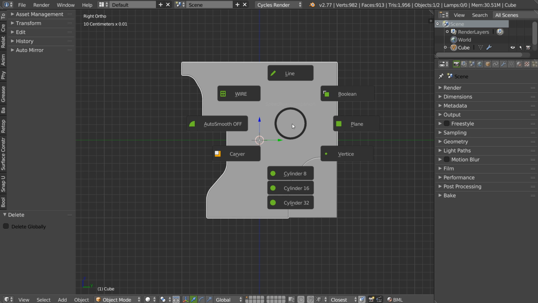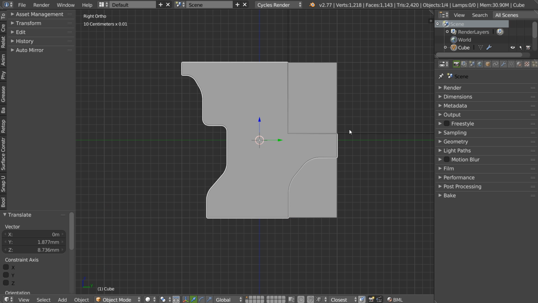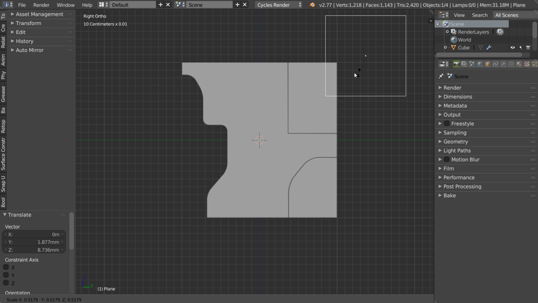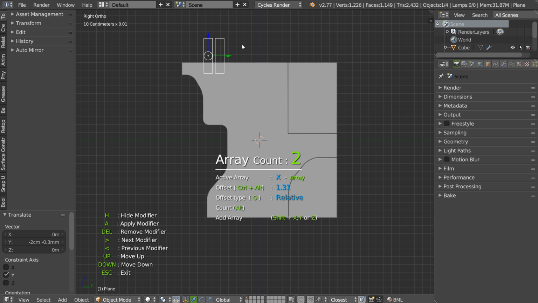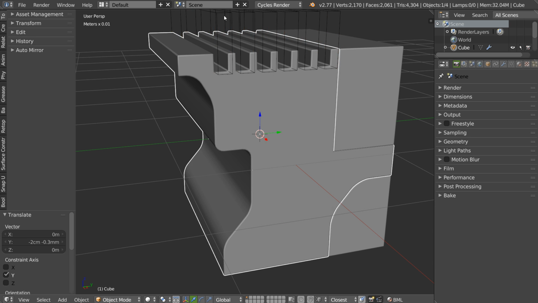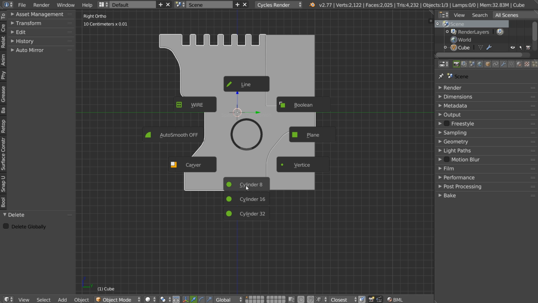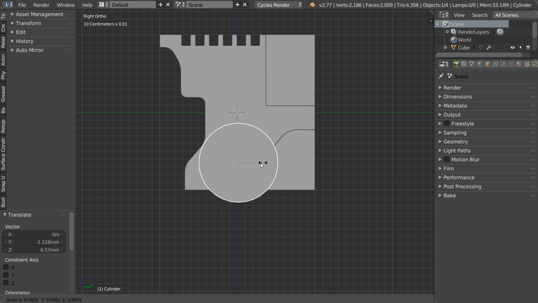You also have the possibility to have a plane like this. You can directly, with the same shortcut, make a bool or a rebool if you want. You can edit this one, make a little scale like this, make an array like this, and directly make the bool like this. This is nice. You can also choose, for example, cylinder 8 is for subdivision modeling, and cylinder 32 is for this kind of modeling.